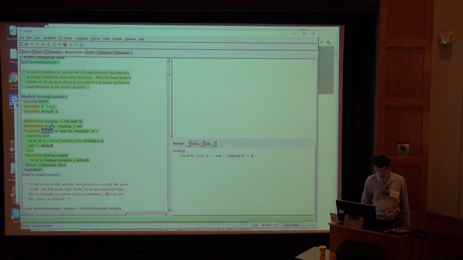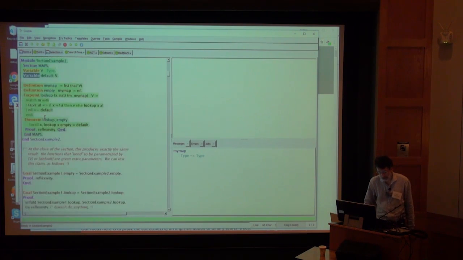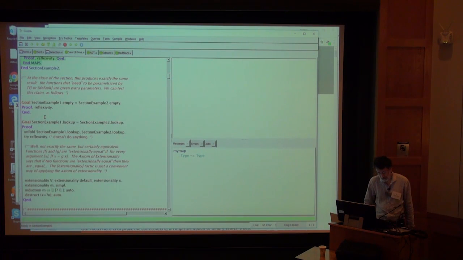Except notice that the type of my map is type arrow type. This is v, but it doesn't have a default parameter. It didn't need it. So the section mechanism doesn't add it. If you want this to be added to every single thing in the section, whether it needs it or not, then I think you use the word context instead of the word variable. Okay, so that's convenient, except when it's not,